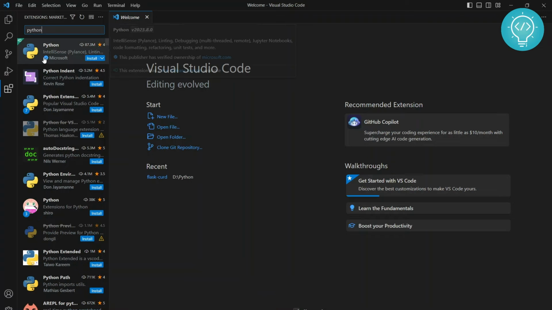Now as you can see, it is provided by Microsoft itself. It is the IntelliSense Pylance. There are other things also, but you need to install the one that is provided by Microsoft itself. As you can see, it allows refactoring, unit tests, debugging, and a lot more. So install this,